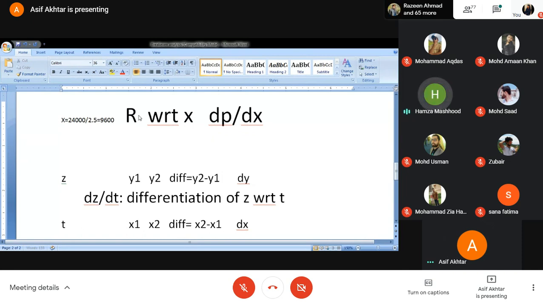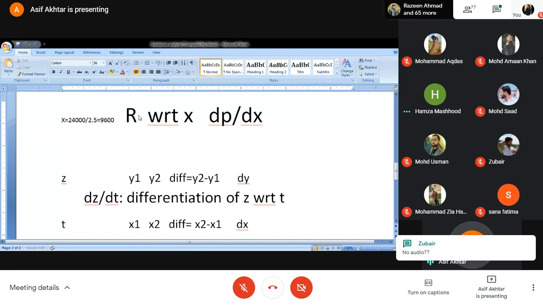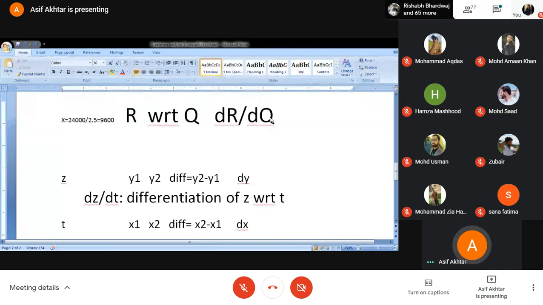Sir, you are not audible. And I want to calculate it with respect to quantum. In summary, what is your understanding about this differentiation? It will give you the meaning. Number one, that it will tell you about the change in one variable with respect to another variable. So this is the first understanding that we all have to make out from here, right?